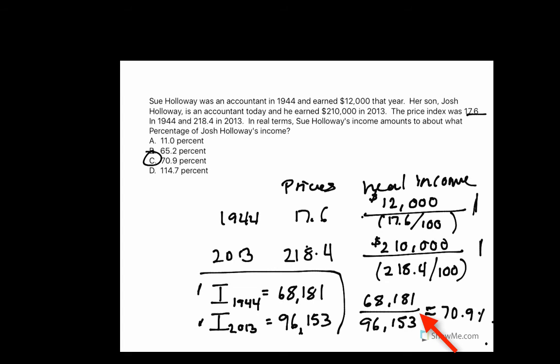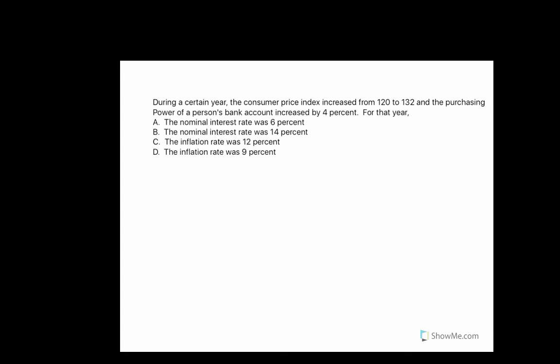real terms. Okay. So now this next question says, during a certain year, the consumer price index increased from 120 to 132, and the purchasing power of a person's bank account increased by 4%. So first of all, I'm going to write this familiar equation down, which is I nominal is equal to I real plus inflation,